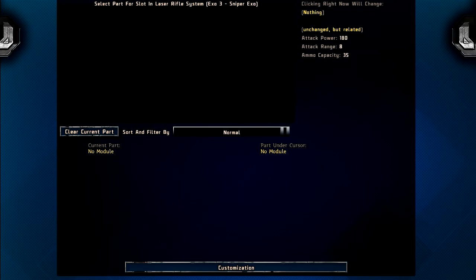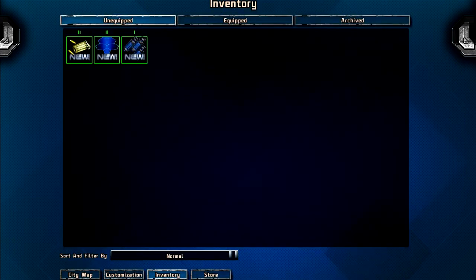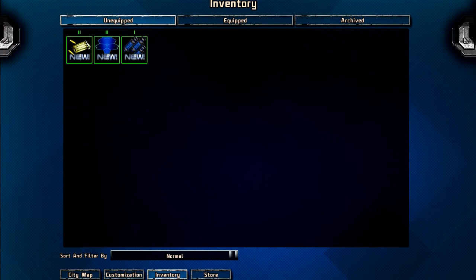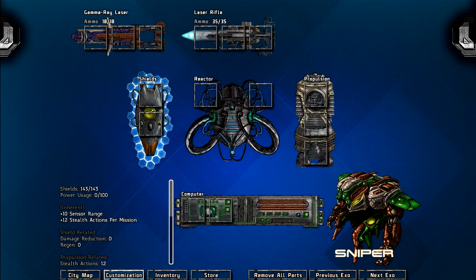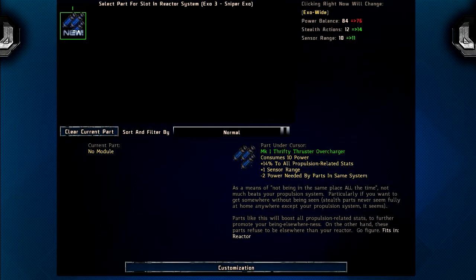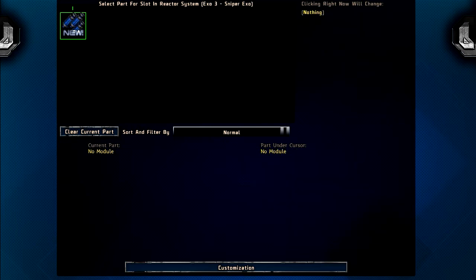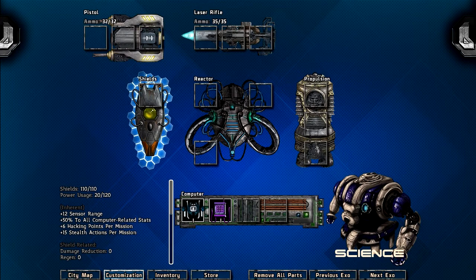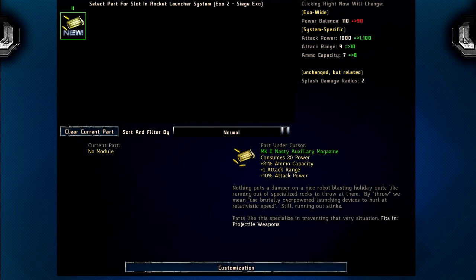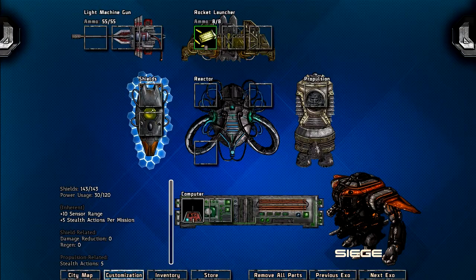Oh, it can't go into sniper rifles? Fits in projectile weapons. Not area effect weapons? Okay, can't be laser weapons. Oh, that's kind of a letdown. Both of his are energy weapons, so it can't be used there. Let's go ahead and give him shield. No. Put that on Mr. Science here. I guess I can put that in the grenade launcher. Nah, I'll put it in my siege guy's rocket launcher. That definitely could use some more range. So could the grenade launcher, but...